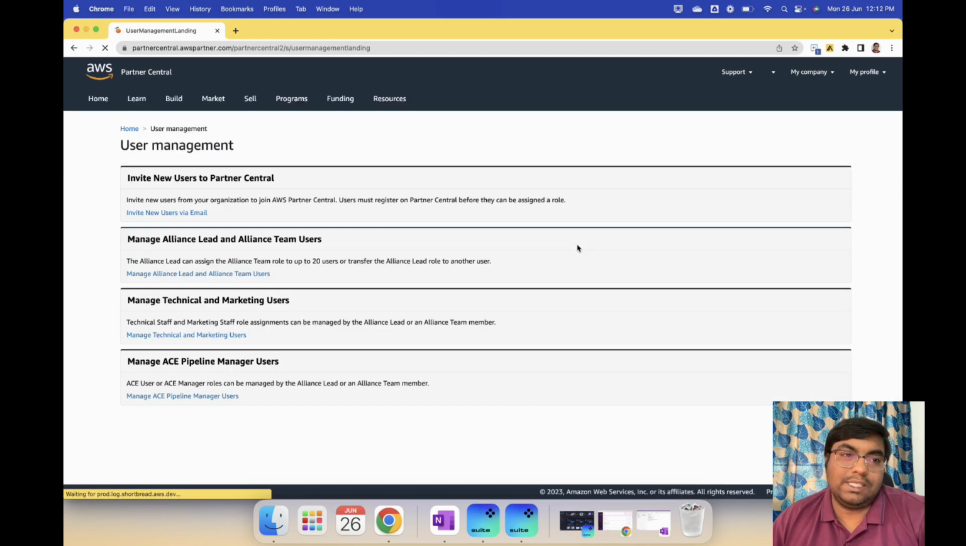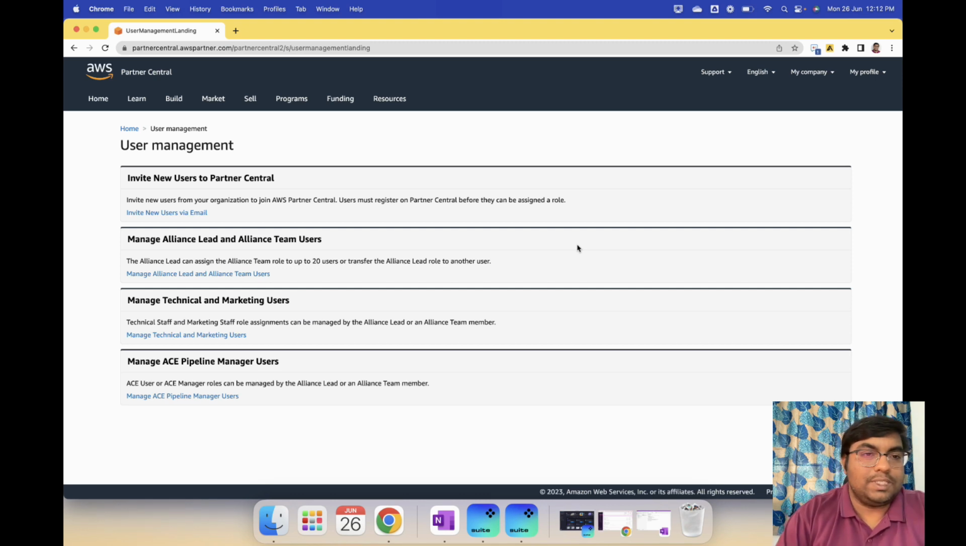And user management is the critical aspect. If you are a small business, or just becoming a new partner, you can manage everything with Partner Central, and one person can do it. But if you are growing fast and